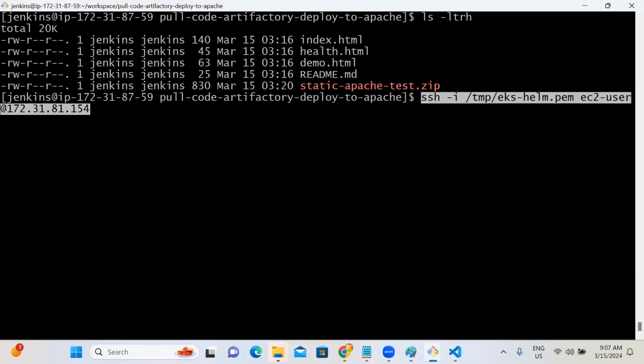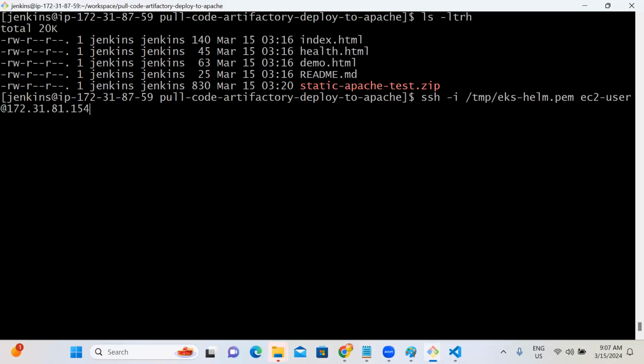It will log in. But our objective was, after login, what do we need to do? You need to run the commands, right? That will again become manual effort. I don't want to do that. Just log in and run this command. I want to check whether the zip is there or not. /tmp